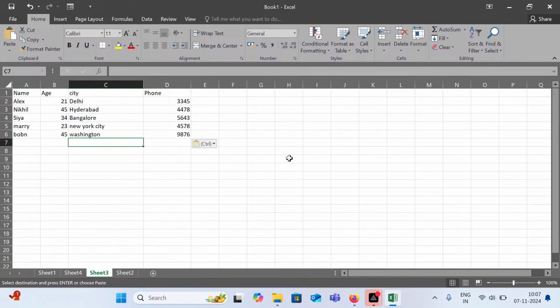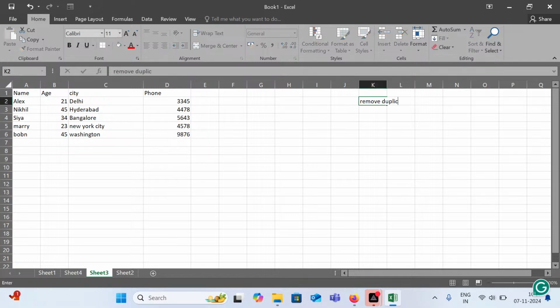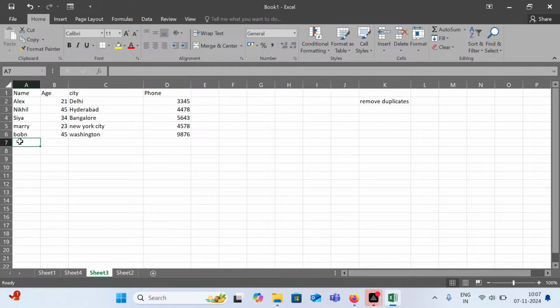Okay, so I want to explain how to remove duplicate values. First of all, what is meant by duplicate value? A duplicate value is nothing but if we have the same value again and again, then we can consider it as a duplicate value. For example, here we have Alex, Nikhil, Sia, Mary and Bob. Now what if Mary is present again for the second time with the same thing like 23, or again New York City, again